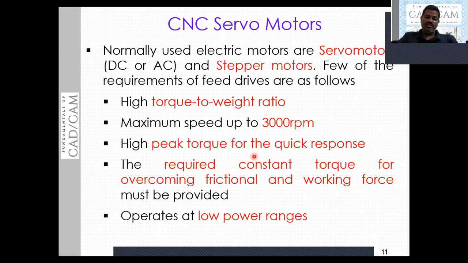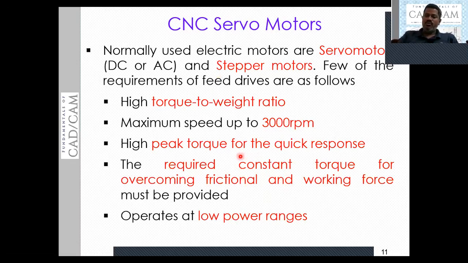So the torque required to overcome friction will be taken into account while designing or using the servo motors in the CNC, and the overload should also be considered. As I discussed in the last slide, unintentionally applied loads may also act on the motor at the workplace, and that factor also needs to be considered while using the servo motor along with CNC.